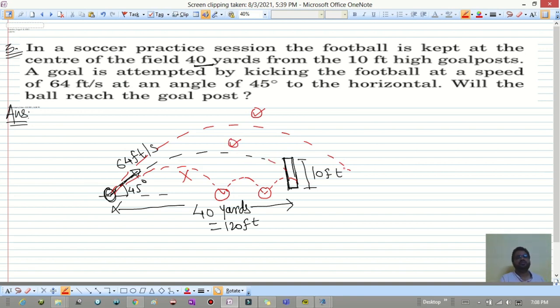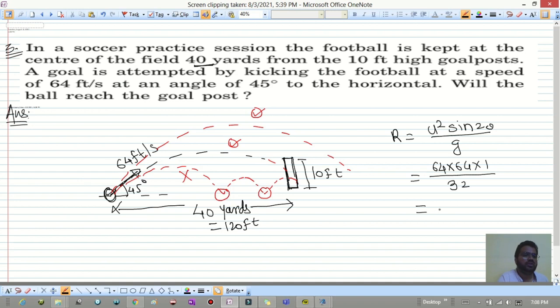Okay. So let's see. So for that we need the range. So range formula we know. Range R is equal to U squared sine 2 theta divided by G. So which is equal to, what is U squared over here? 64 into 64 into sine 2 theta is 1 divided by, this is 32. So as you can see, this is 128 feet. That indicates this ball will surely either go into the goalpost or else it will go above the goalpost. Now at 128 feet,